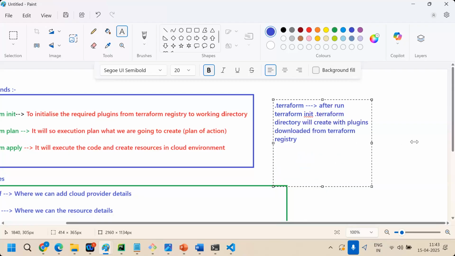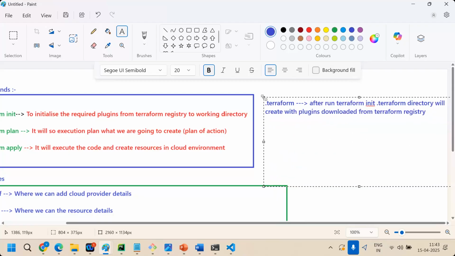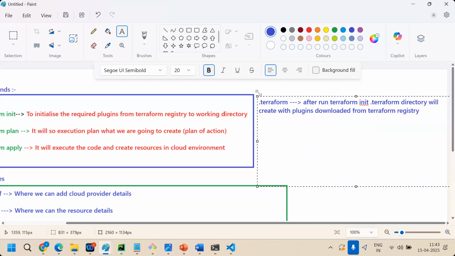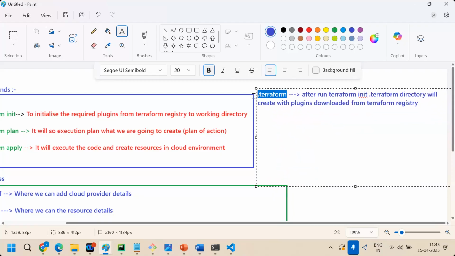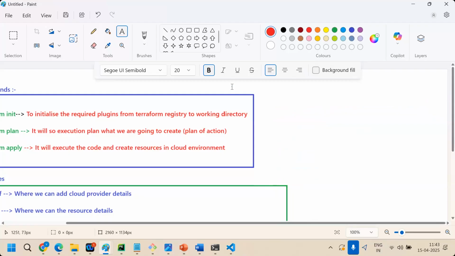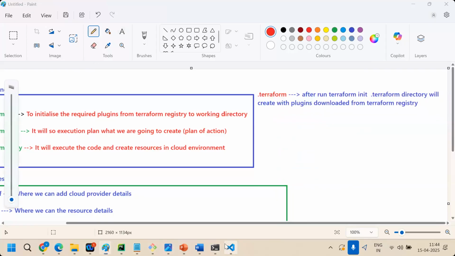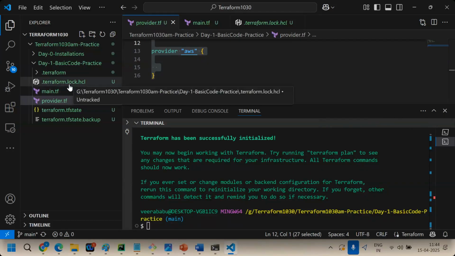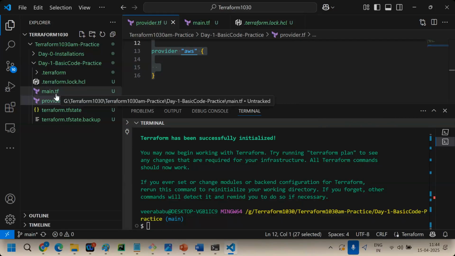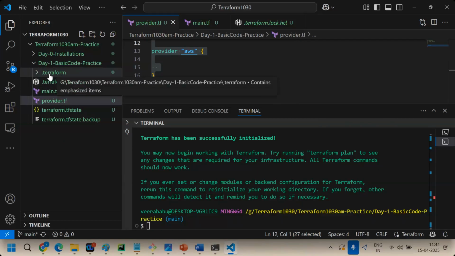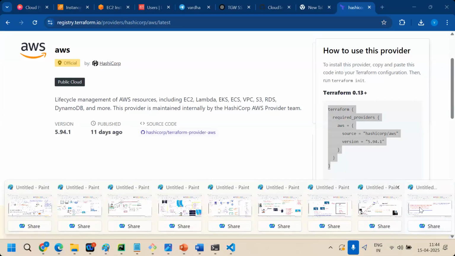Many students directly jump into the scenes, so they won't get clarity. 85% of students don't know this lock.hcl concept. They are always focused on main.tf and provider.tf, but they are not focusing on .terraform and lock.hcl. So learn everything so that you can easily understand the concepts.